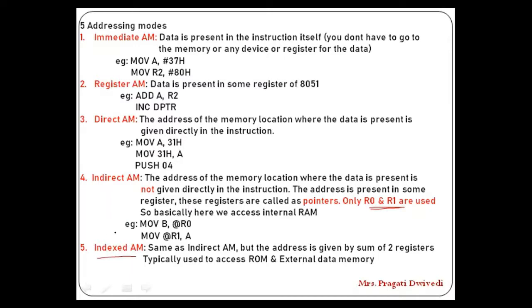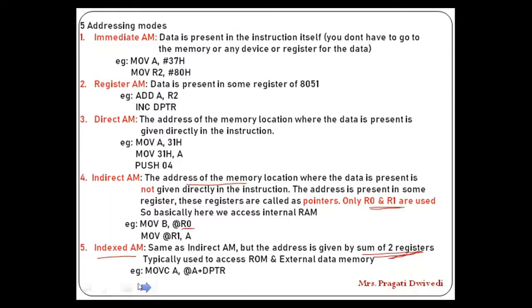Now the word index means here, like in indirect addressing mode, you had only one register to give the address of the memory location. Now here, what is index? Index means the address will be given indirectly only, but instead of having a single register as a pointer, now you are going to use the sum of two registers. So there has to be at the rate and one register plus another register. So we call it indexed addressing mode.